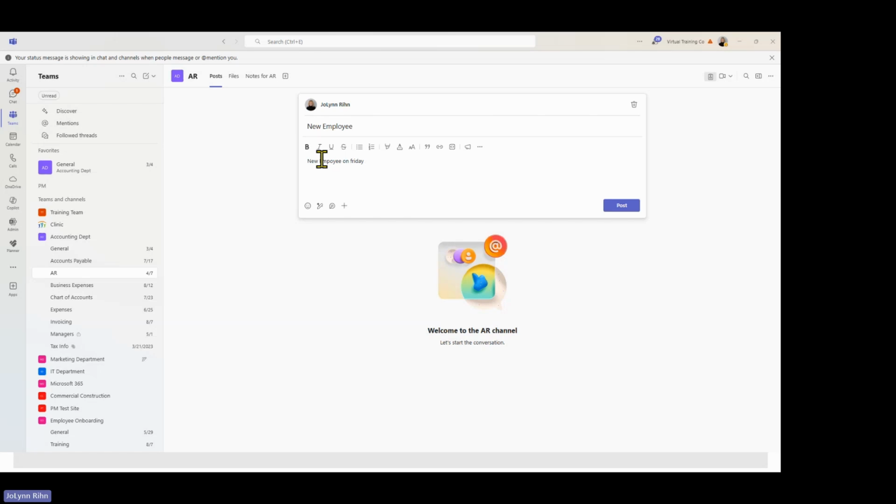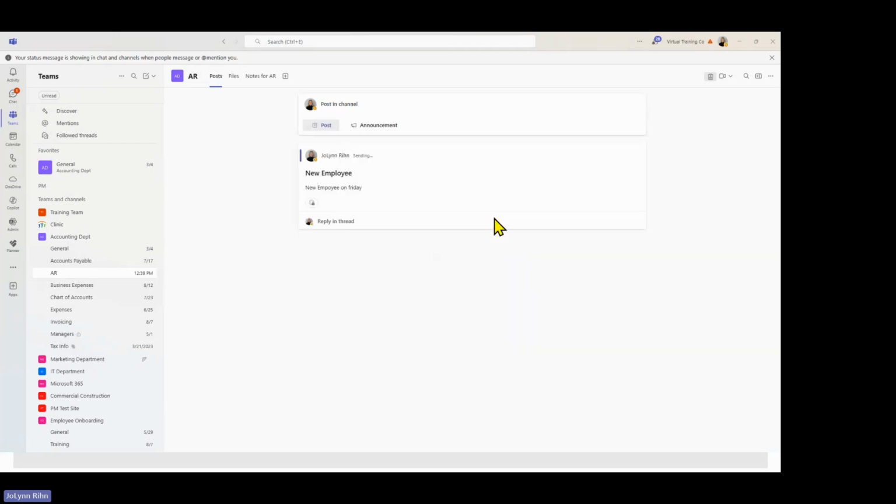This is a chat option. This is where we have conversations with the team members related to whatever the name of the channel is. So this would be everything related to accounts receivable. Then you click post and everybody will be able to